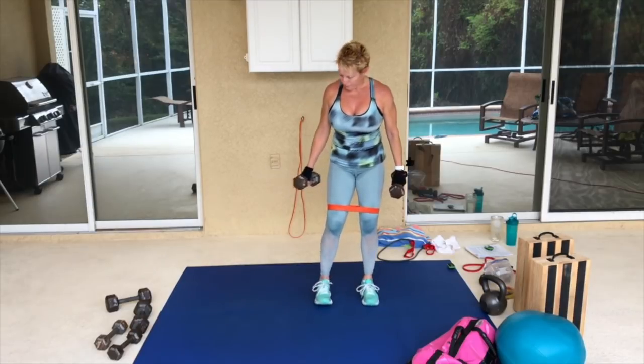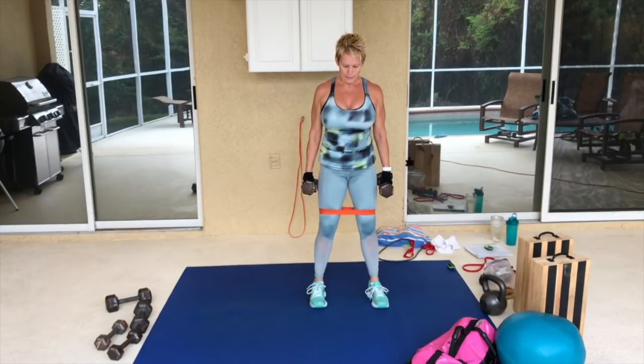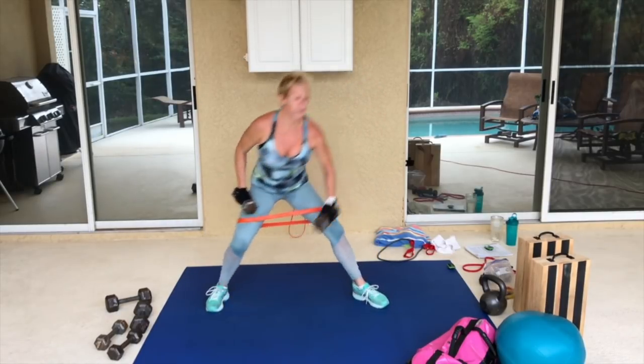When the beeper goes off, we're doing right side first. You'll turn over the left shoulder for a right reverse lunge with an overhead shoulder press. So,